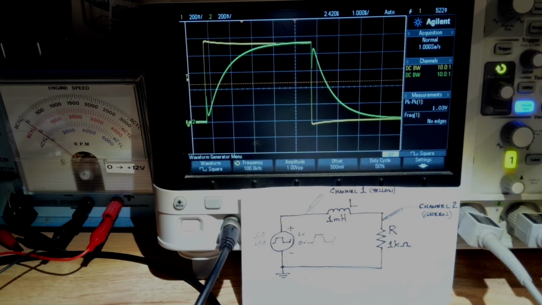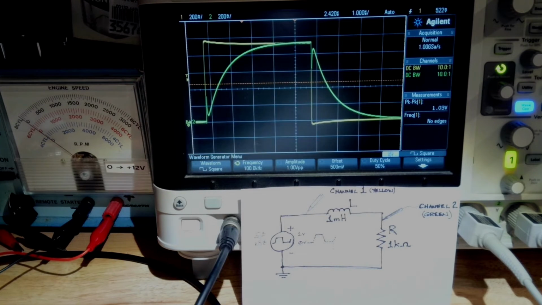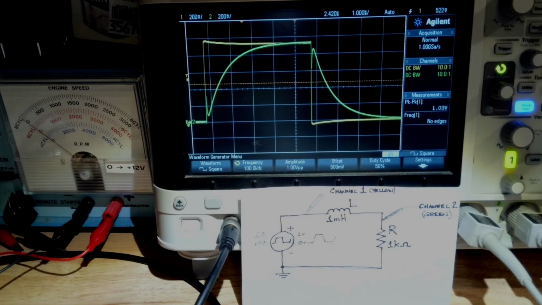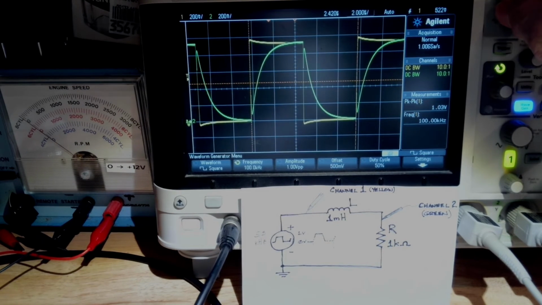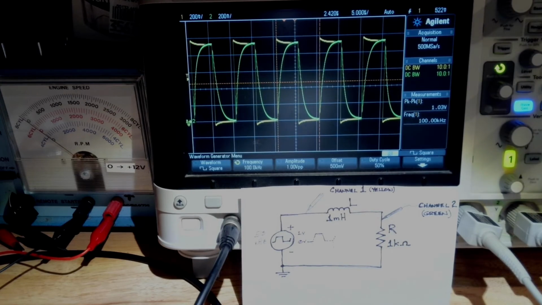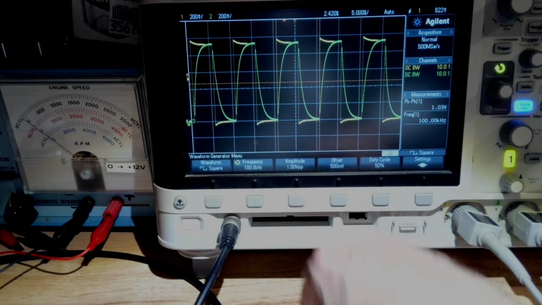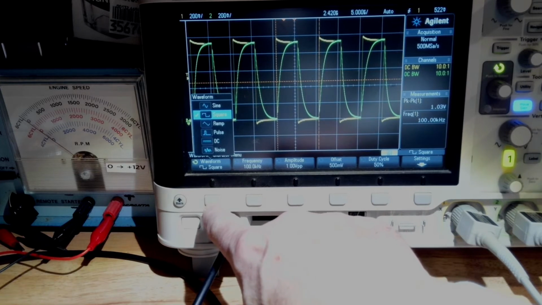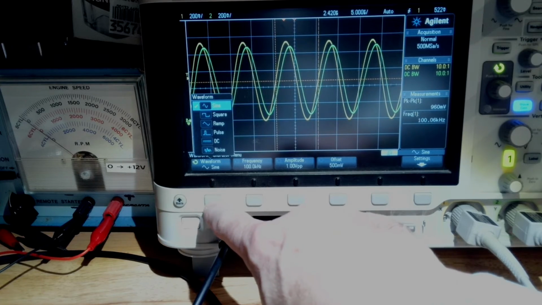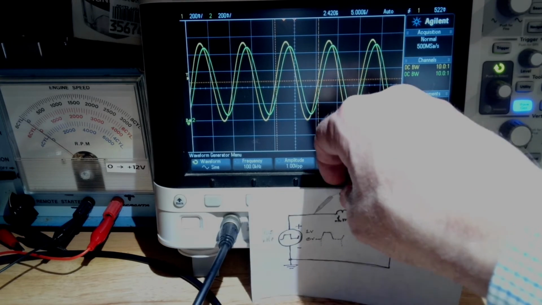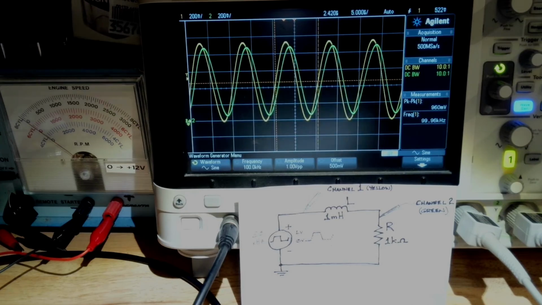And the same principles apply to inductors in motors and transformers and that sort of thing. But in terms of the electronics part of it, this is the kind of thing you would see happen in a circuit. Okay? One last thing. What happens if we put a sine wave into this thing? If we put a sine wave in here, what we notice is